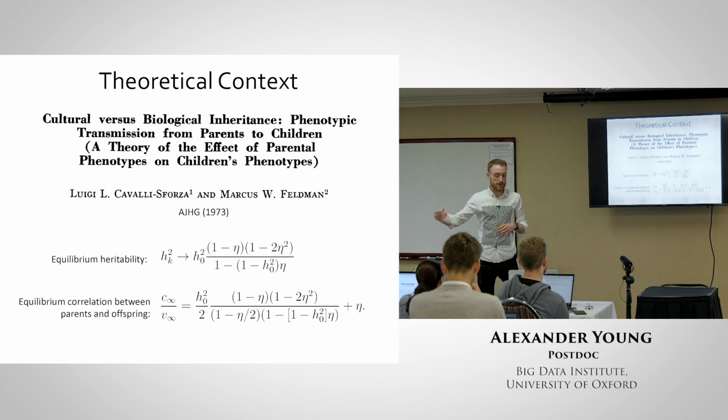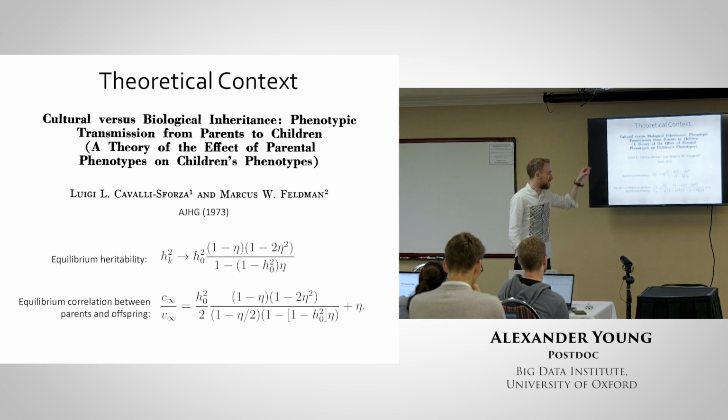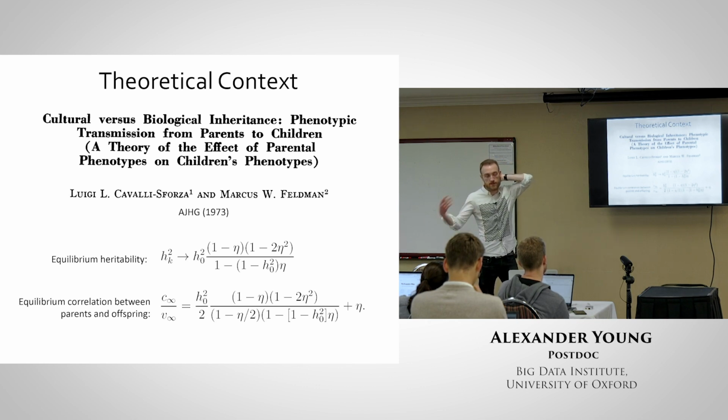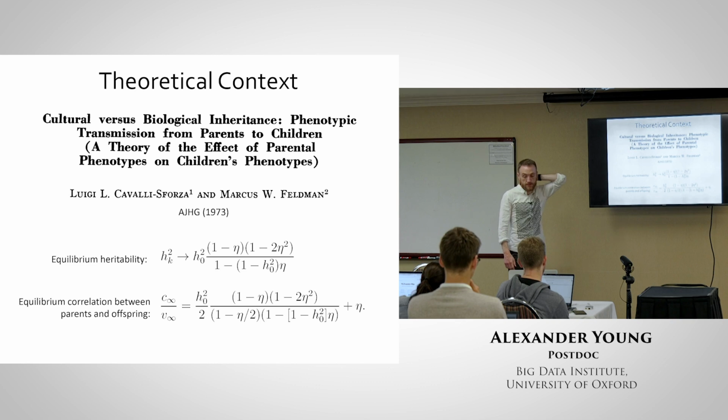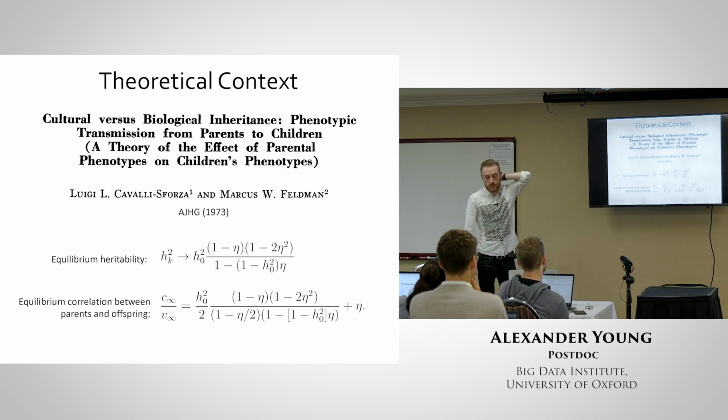The theory of all this is quite cool, and I had fun deriving a bunch of stuff with it. Then I discovered it had all been done in the 1970s, by Cavalli-Sforza, one of the founding fathers of modern population genetics, and Feldman, whom I actually got to meet and talk to about this stuff. This theoretical work was taken on by other people and is used quite a lot in the field of social evolution. I think people interested in the social sciences should take it seriously, because it's a sophisticated theory of combined cultural and genetic inheritance.